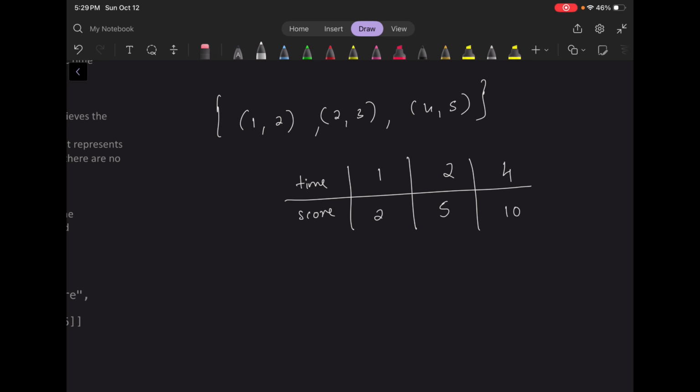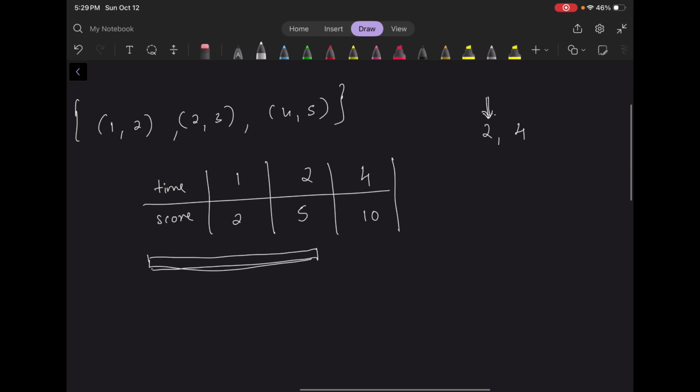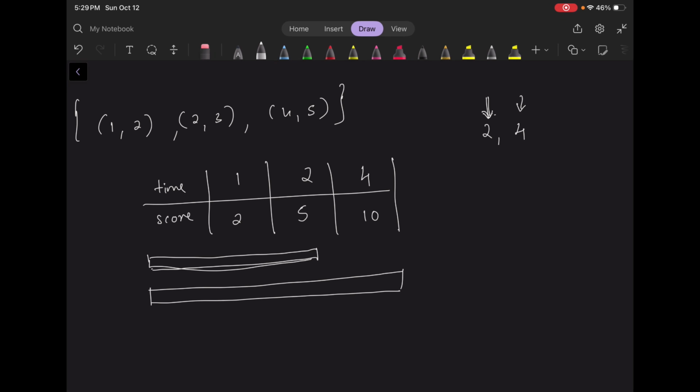Okay, so if you were to ask me the scores between 2 to 4, what I can do is I can go at score 2, it is 5. Okay, so this is the entire area that I'm going to cover. Okay, and my end time is 4, so this is the entire area that I'm going to cover. So I'm interested in just this area,